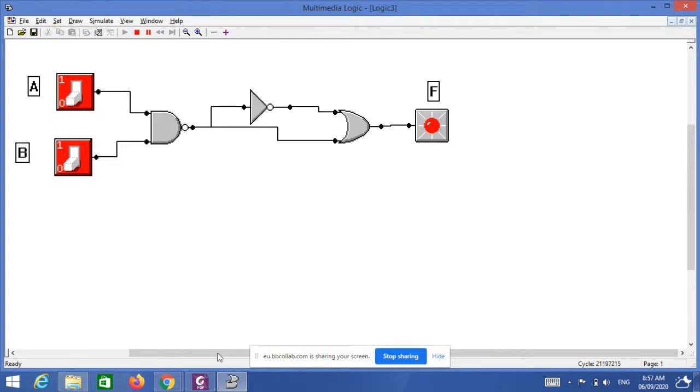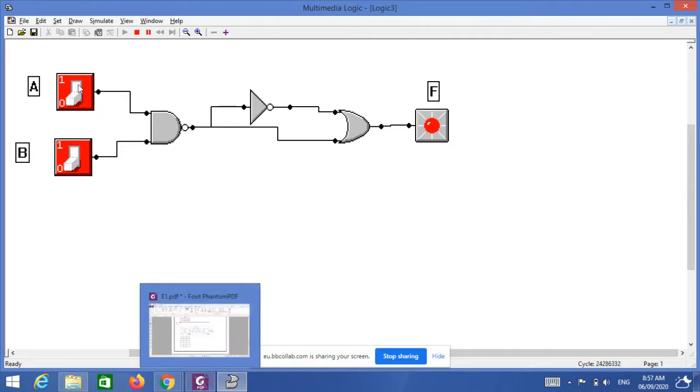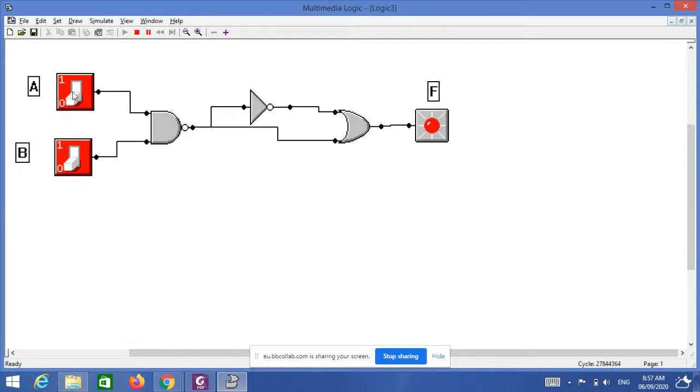Please note this down: 0 0, output is 1, then 0 1, again output is 1, 1 0, again output is 1, and 1 1, output is 1. So in all four cases you get 1, correct?